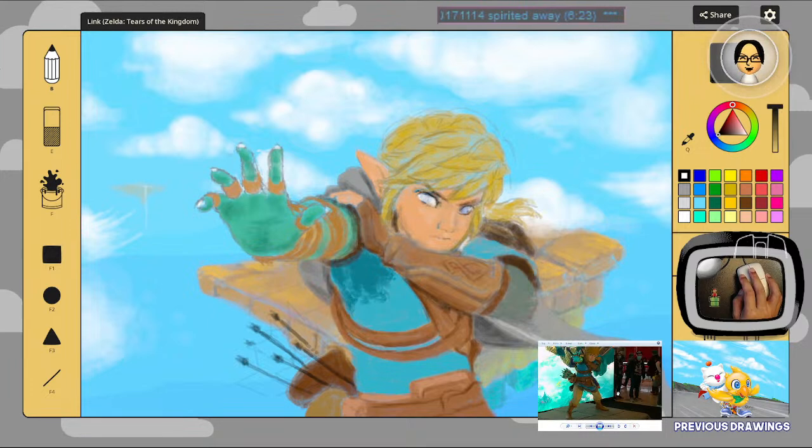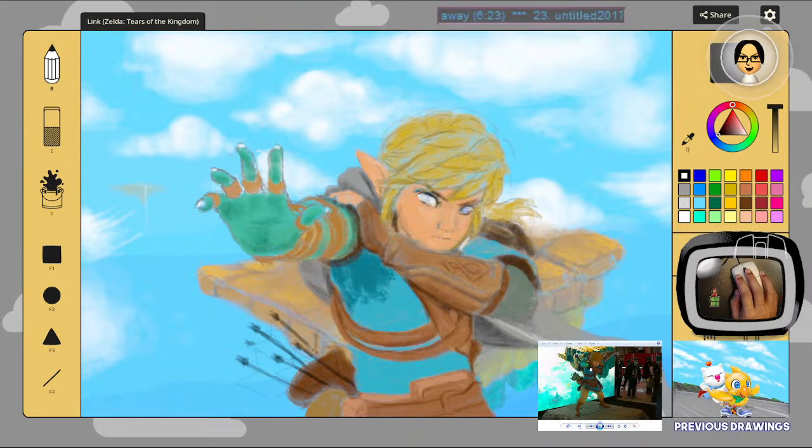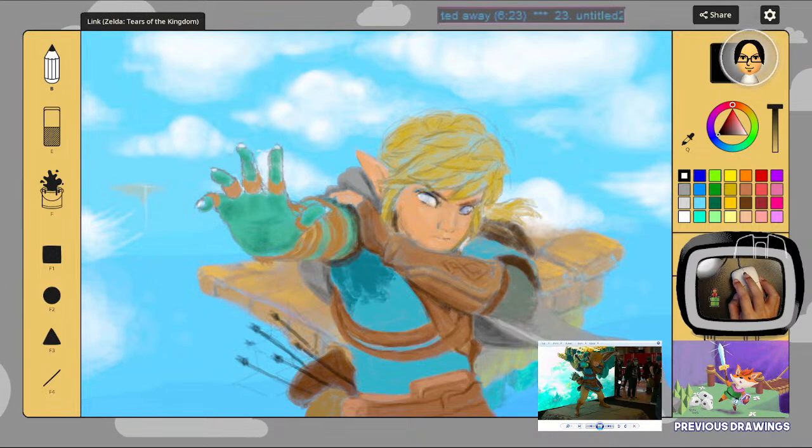Because the actual amiibo that comes bundled with the game that's gonna be released later this year or this month, I want to say, has the exact same pose for that Link, putting his arm out like that. So yeah,